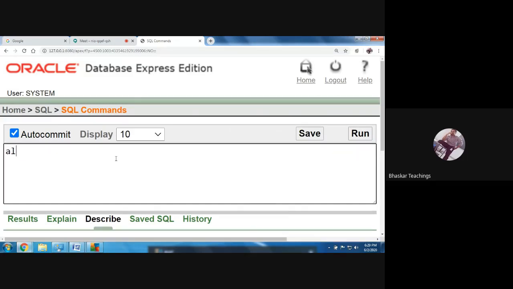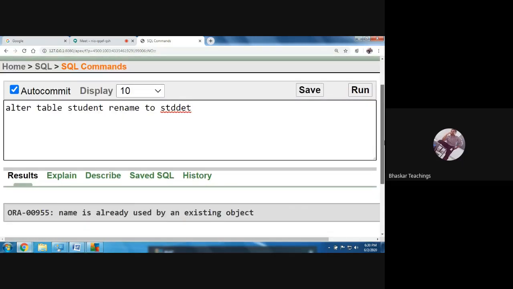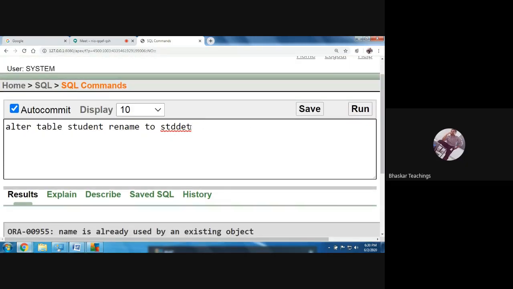Alter table, table name, that is student, rename to, let us give std, std1 or std details. Run. Name is already used by existing object. That means we have a table with this name. So let us give std1.